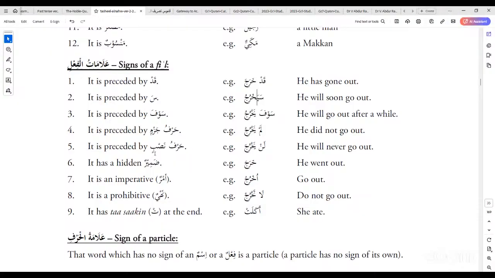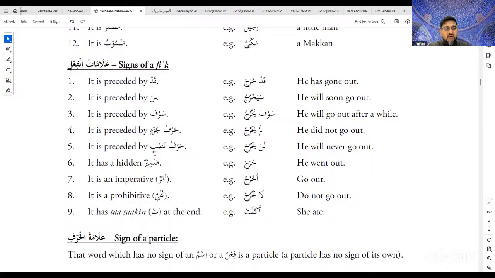When lam comes, what does it do to the meaning as well? It negates the sentence. And add more to it. When lam yalid, it turns it into a past tense. Excellent. So it changes the present tense to the past tense. Whenever lam comes, of course, I'm doing this now for the class. I will do a whole lesson on lam and lan and so forth, but I just want to give you an introduction so that when I come back to it, everyone knows this. Lam changes the present tense to past tense, and it gives the last letter a sukun.